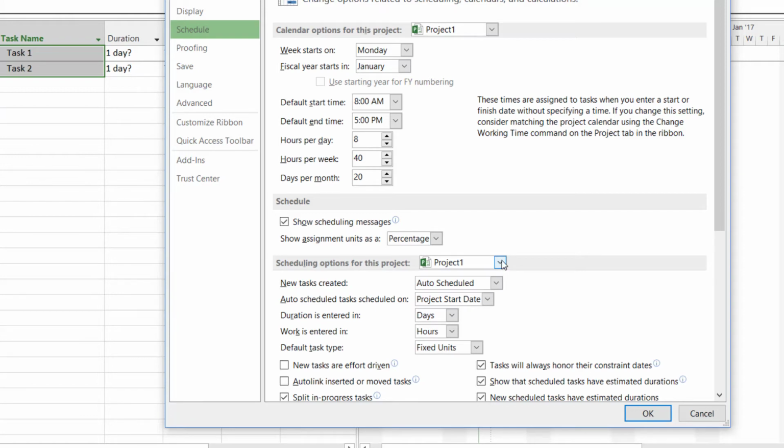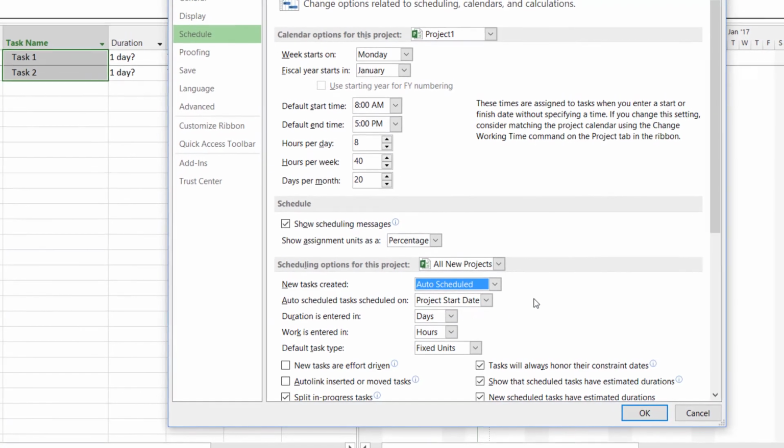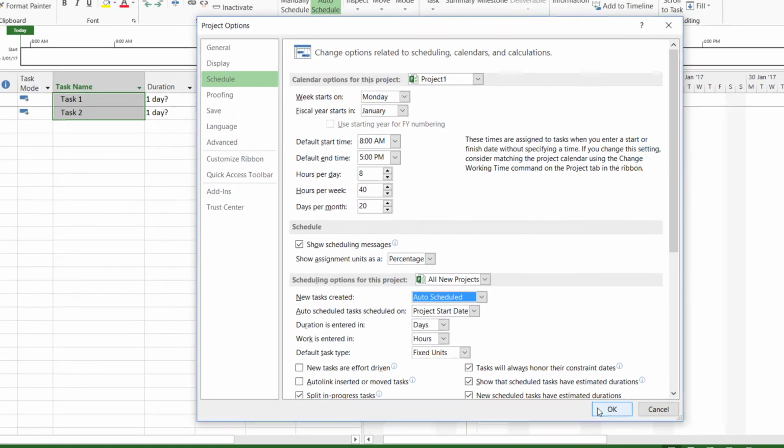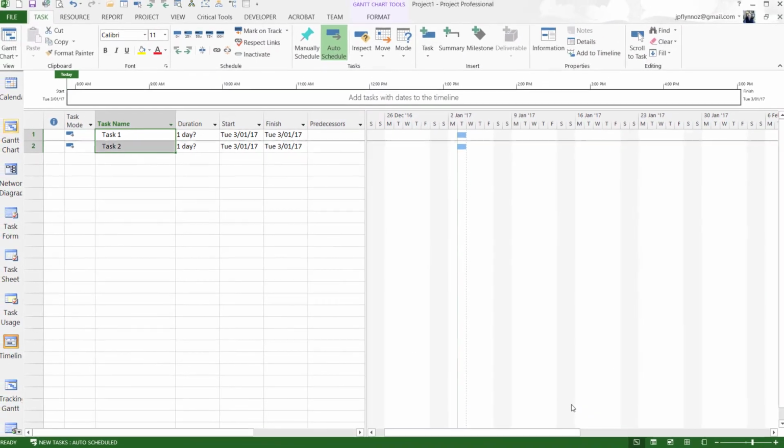But just above that, if I select scheduling options for all new projects, the next line shows that new tasks are going to be manually scheduled again. So if I simply select them to be auto-scheduled, click OK, then all new project files that I create